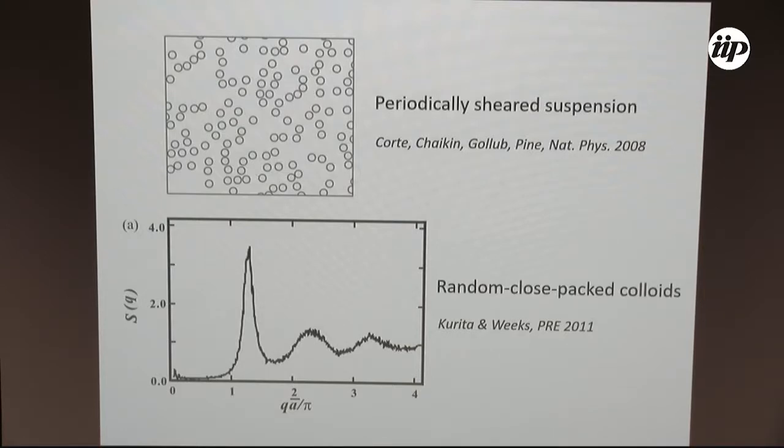Another example, which is very important, if it turns out to be correct, still under controversy, is if you take a random close-packed arrangement of spheres, of colloids, this is an experiment by Eric Wicks and co-workers, then you are going to get a hyperuniform structure. So it's not, as they claim, a frozen liquid. It's a new kind of structure which is hyperuniform. Whether this vanishes or not, it seems that it does, but it's still under debate. It's hard to prove that as Q goes to 0, the structure factor goes to 0. So these are two examples.